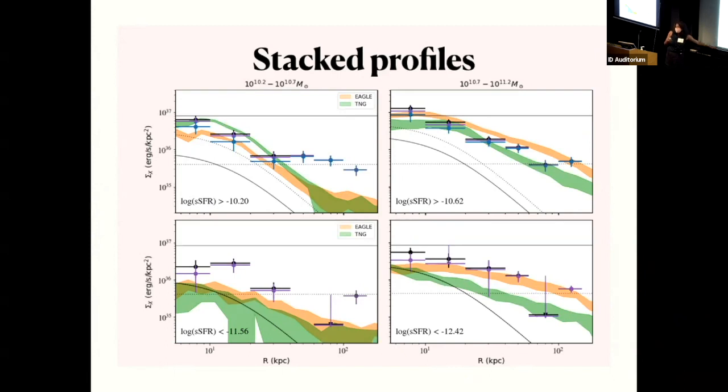You're not chemically enriching your gas enough. And since the emission is coming from line emission, that could be a possibility. That could be why you don't have enough X-ray flux. That said, to me, it seems harder to explain why the discrepancy varies with stellar mass if this were an issue of chemical enrichment. Because if the issue is actually with,